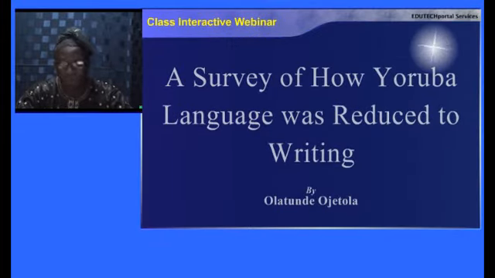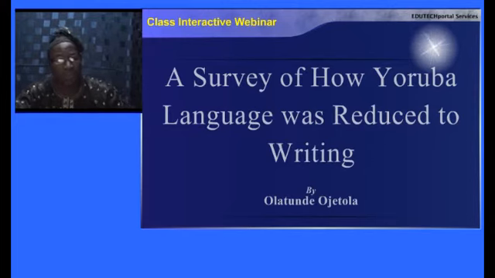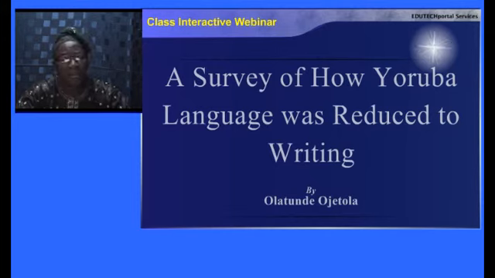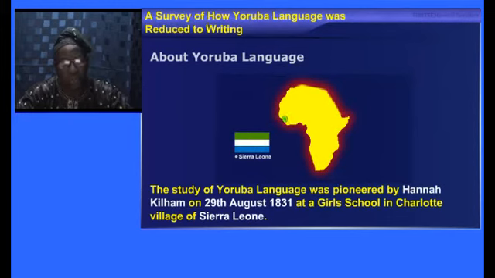And the topic for today's lesson is going to be a survey of how Yoruba language was reduced to writing through the contributions of foreigners, especially the missionaries. You will bear with me that the contribution of the missionaries has gone a long way in the teaching and learning of Yoruba language. The study of Yoruba language actually started in Sierra Leone on the 29th August 1831 at